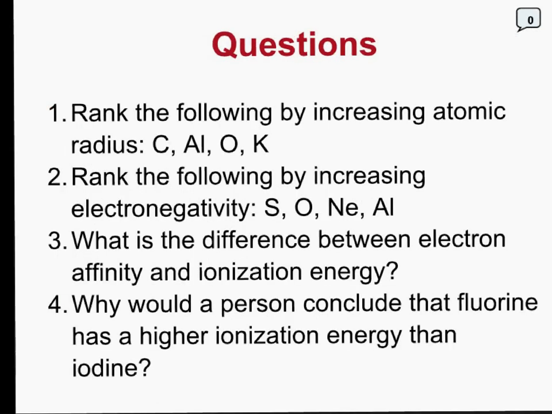All right, here are 4 review questions. Rank the following by increasing atomic radius, rank the following by electronegativity, explain the difference between electron affinity and ionization energy, and why would a person conclude that fluorine has a higher ionization energy than iodine. What I'd like you to do is press pause right now, go through these, rank them, and then after you hit play again, the answers will be